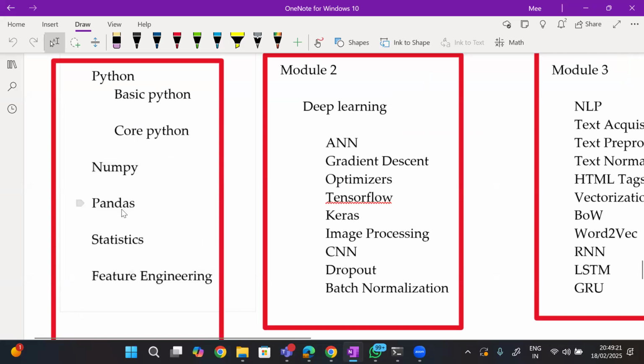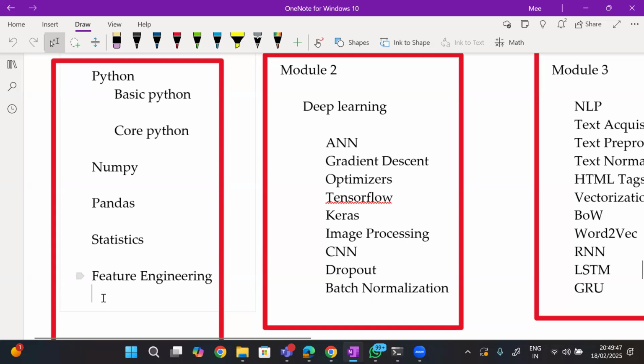NumPy and pandas are used to remove the errors, and statistics is used to identify the errors. If NumPy and pandas are to remove the errors, you have to tell them what the error is, and based on that you will remove it. Statistics helps us identify the errors.